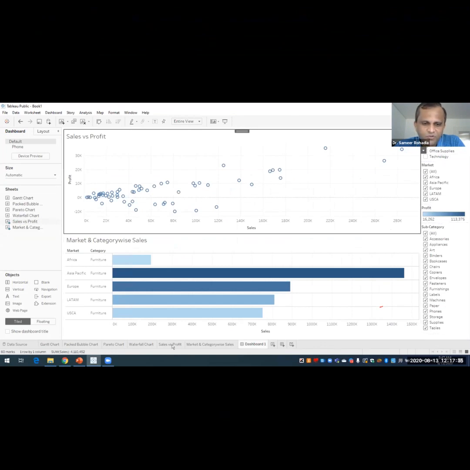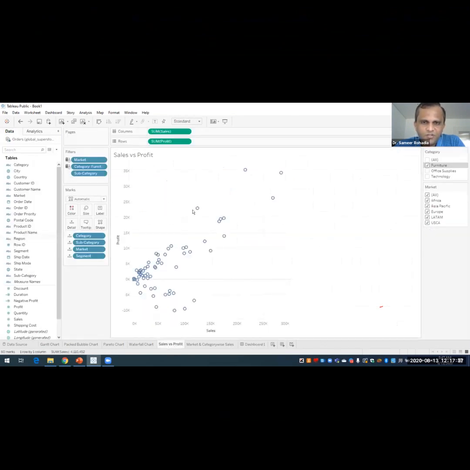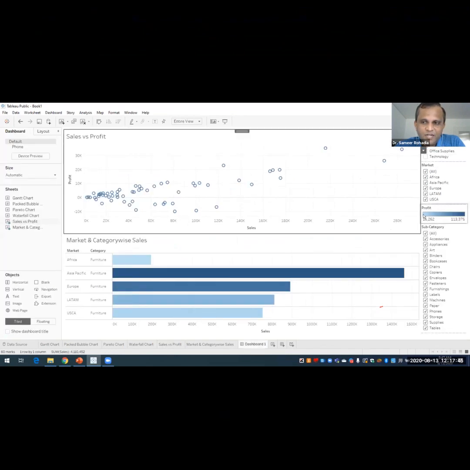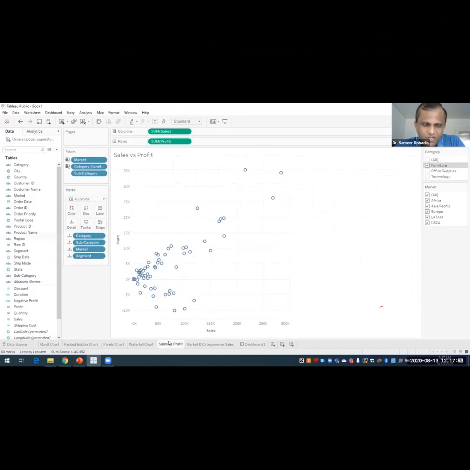Even though the subcategory filter is not available on our main chart, the important thing is that I added this subcategory filter in the dashboard for chart one, and if I go back to sales versus profit, the subcategory filter is now available.